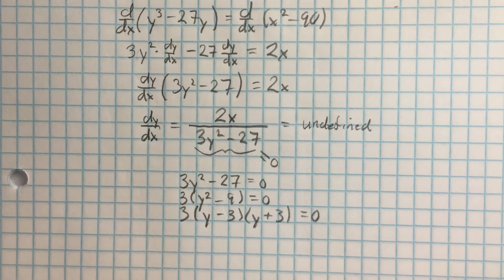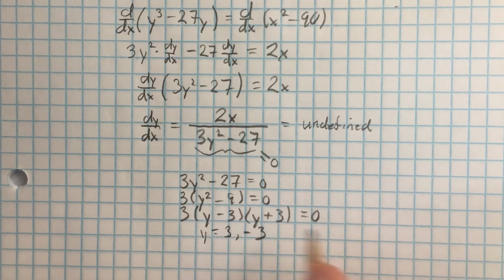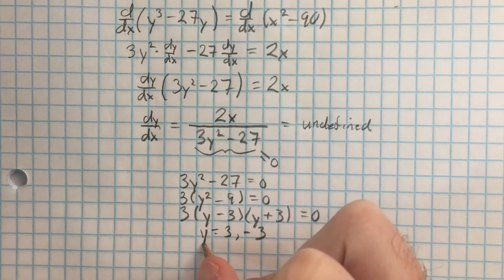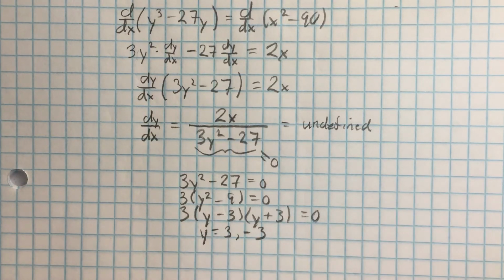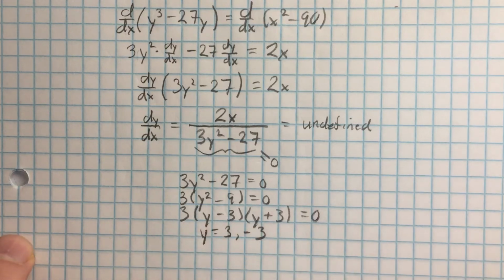All right, so when y equals 3 or negative 3, we'll have an undefined slope for our tangent lines, and therefore that would be a vertical tangent. Now, let's define the points where this is happening. So all I found right now is the y coordinates of these points. So let's go back and find the x